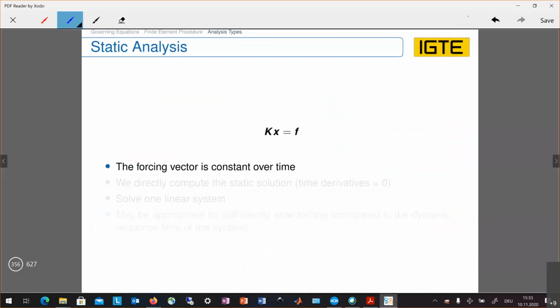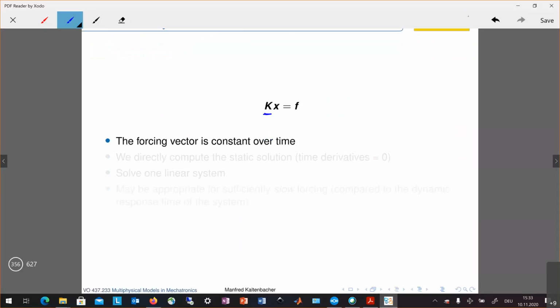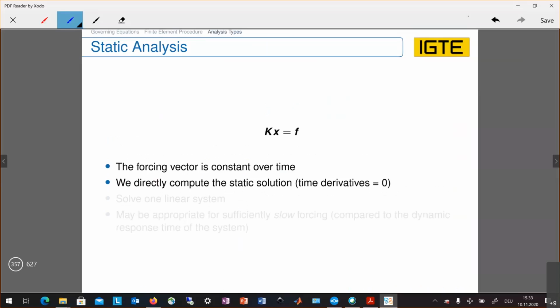Okay, so static analysis, as already told, means we have an excitation which does not depend on time. We have just to solve here for the system matrix being the stiffness matrix K to get all the mechanical displacements within our finite element node. So there is no time dependency, and we solve one linear system as shown here because we have not modeled